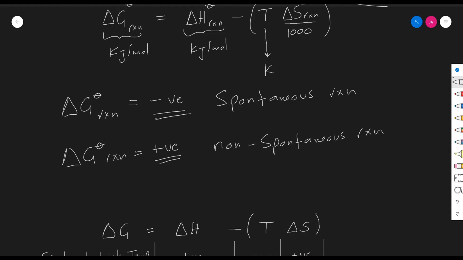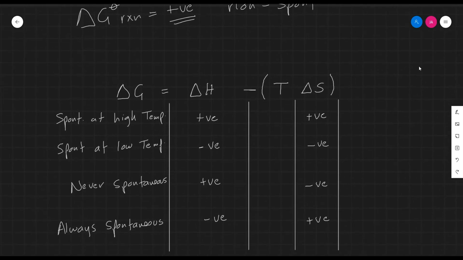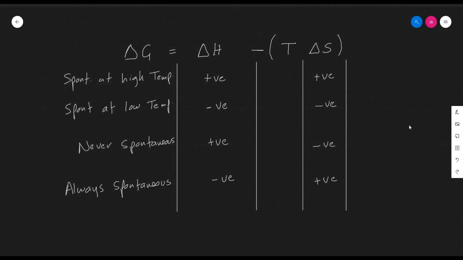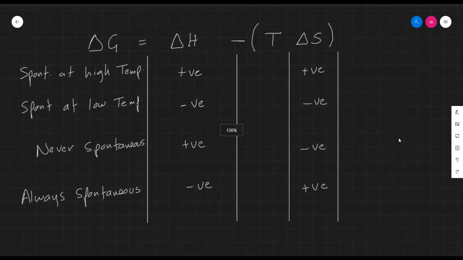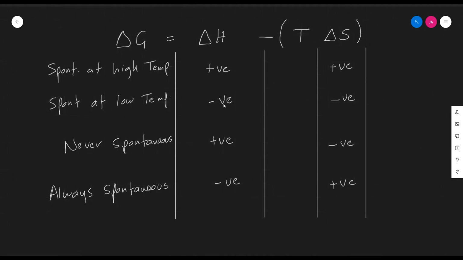I would like to discuss this equation more in depth regarding the signs of both the enthalpy change of a reaction and the entropy change of a reaction and their effect on the overall sign of the Gibbs free energy change of a reaction. I've listed different combinations for the signs of the enthalpy change of a reaction as well as the entropy change. The enthalpy change here is listed as positive, while the entropy change is listed as positive